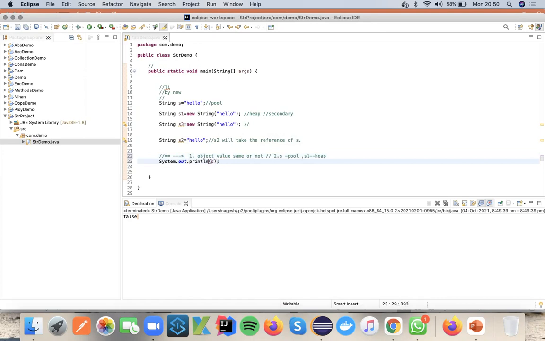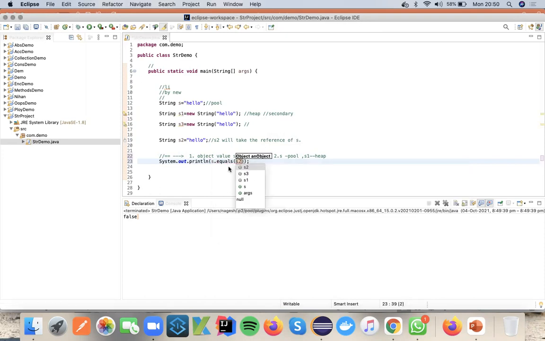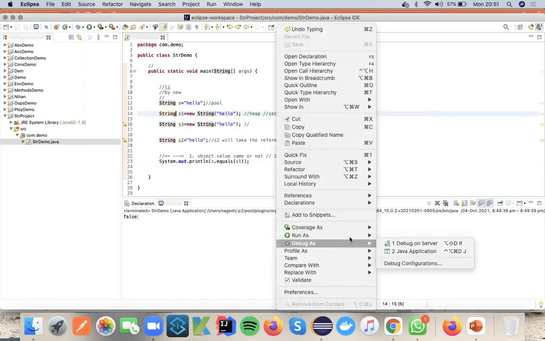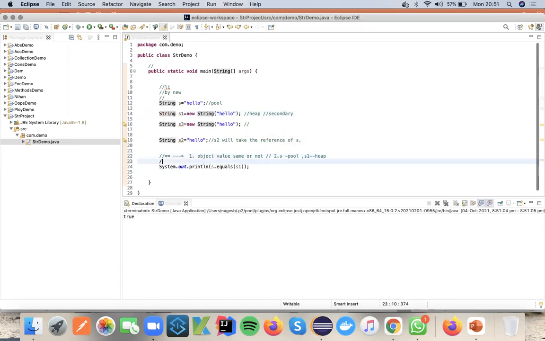When I say s.equals of S1 or S2, whatever it may be, S3. Now what will happen? See, S is an object and S1 is an object. When I print this, you can see this returns true. The reason is, let me tell you, the equals method's goal is basically to compare whether the objects are the same or not, no matter where that is stored.